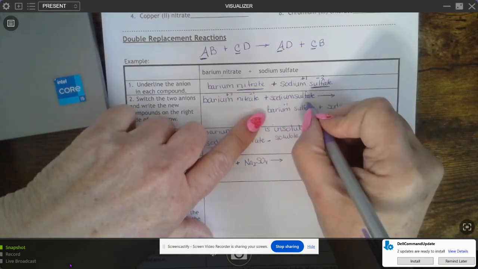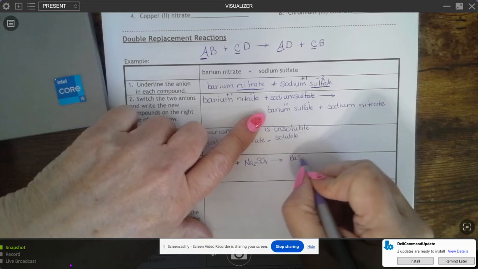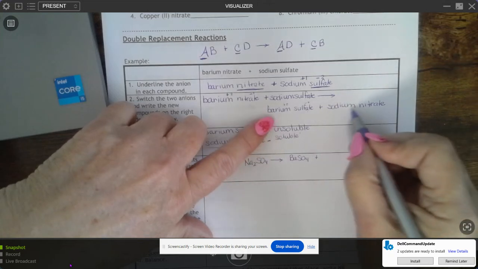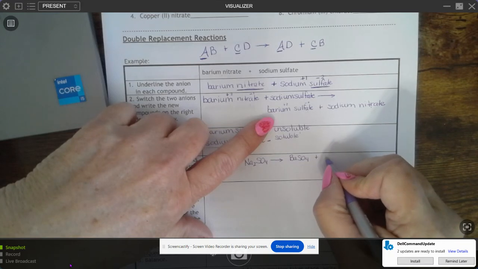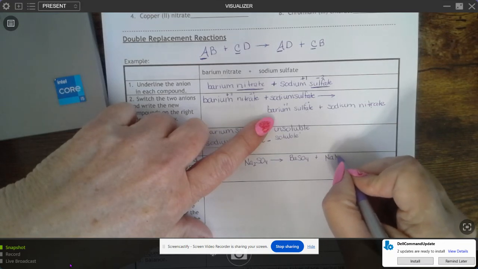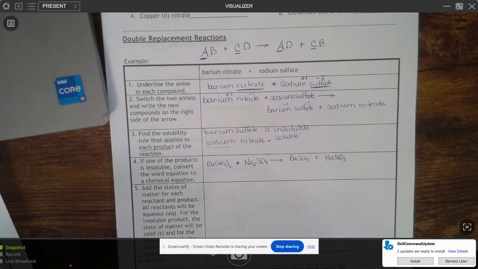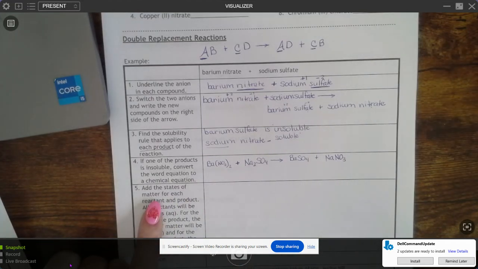Barium's +2, sulfate's -2. So those cancel. BaSO4 plus sodium nitrate. Sodium's +1, nitrate's -1, so we get NaNO3. Okay. And I will rewrite this, but the next thing to do, and you can probably do this all in one step,